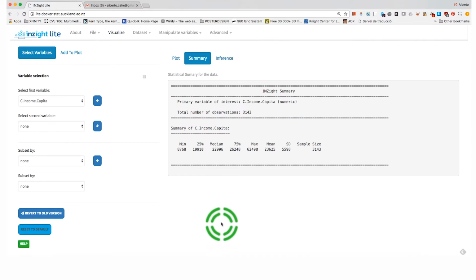So the averages are here. We have the mean and we have the median. So this is the mean personal income per capita in the United States, $23,625 per year. The median is a little bit lower, $22,900 a year.